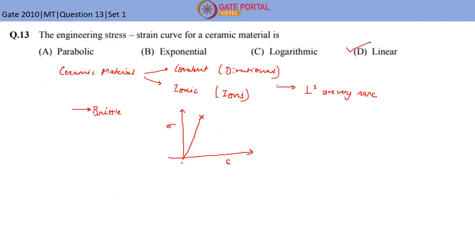And in the engineering stress strain curve, we found that in ceramic materials there is no plastic deformation, because it is not energetically favorable to have dislocations in the material, and if dislocations are not present, the material cannot plastically deform. At a certain load, when the material cannot sustain that load, cracks develop and propagate, leading to failure of the material. Hence ceramics are usually brittle and follow only a linear, elastic curve.